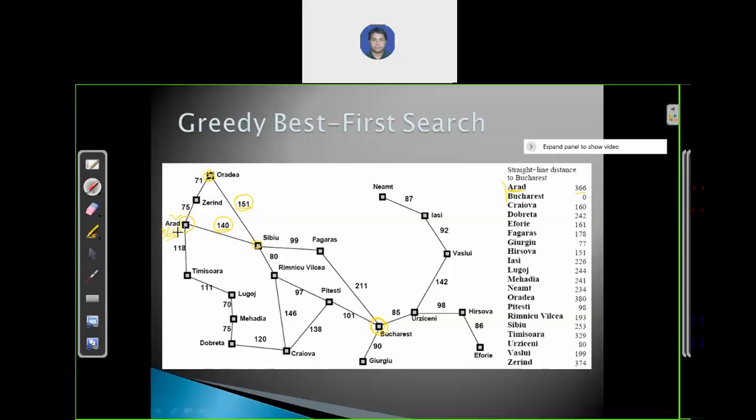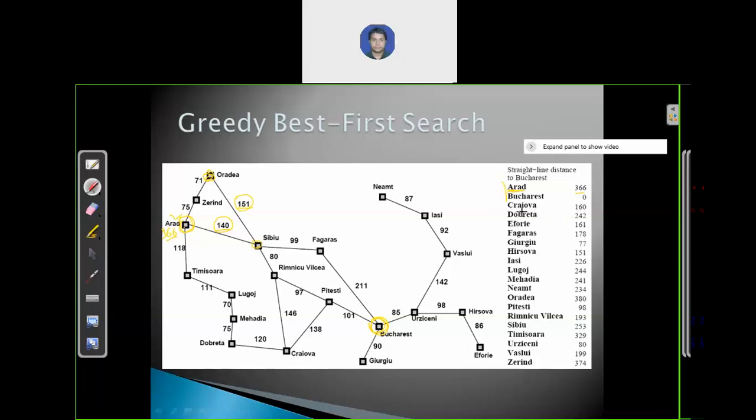It will take around this much cost to reach from your start state to your destination state. Each city has one estimation cost. This is not the actual cost, it's the estimation cost or the heuristic value.